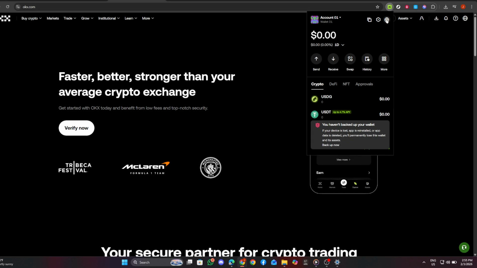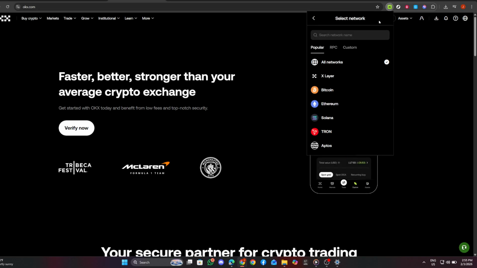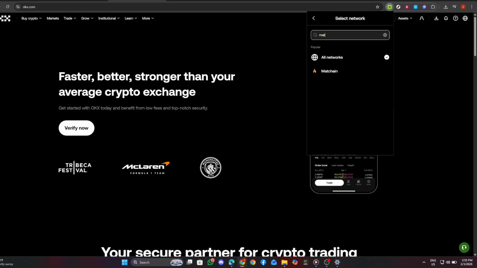Now you will find a search bar within the network settings. Type Matchain into this search bar. As you type, you should see suggestions or results that include the Matchain Network. Select Matchain from the list that appears. This action will add the Matchain Network to your OKX wallet, allowing you to